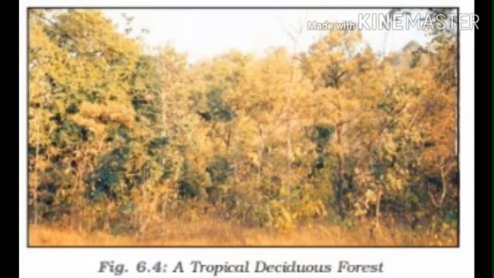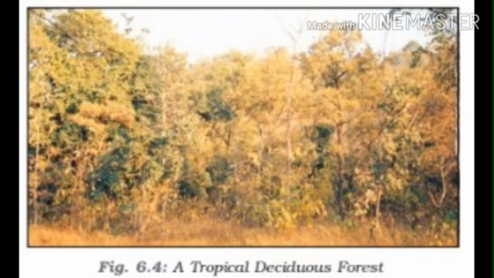Clear, children? Now you know tropical rainforest and tropical monsoon forest. Okay. Are you clear with these two kinds of forests? We'll move on to the next one, children, or once again I will revise. Tropical rainforest is also called tropical evergreen forest. Then the trees of these forests do not shed their leaves throughout the year. Clear? The trees require a hot climate and abundant rainfall almost throughout the year.